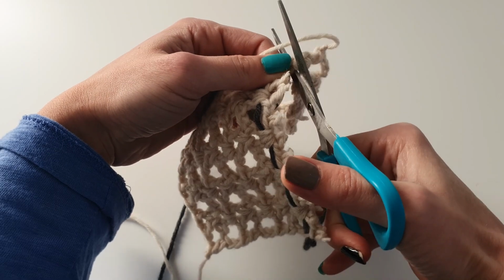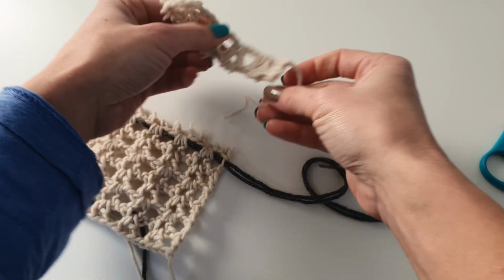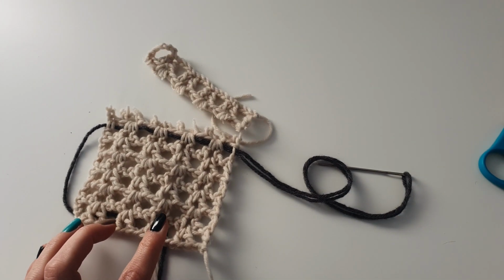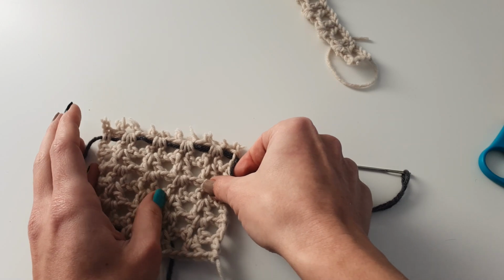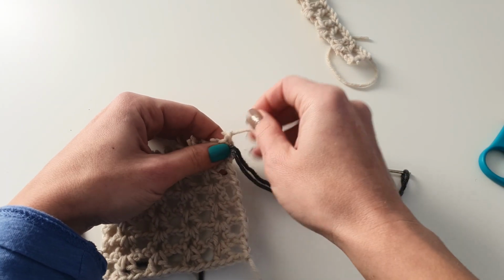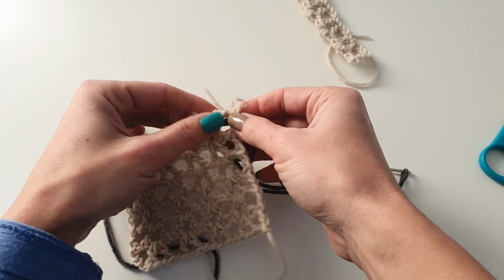You can use this method if you want to shorten a sleeve or a sweater or a blanket or whatever. This can help you to do it without having to undo the entire project. And now after cutting, you just have to remove those pieces of yarn